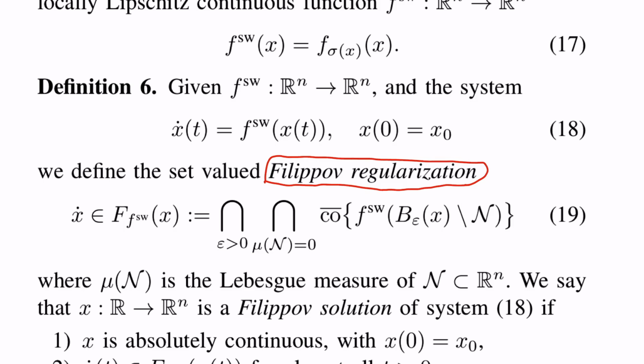Okay, so Filippo regularization. Here's the situation. Now, instead of having a switch system, we are defining another system. I wouldn't want to say reducing, it's not necessarily making it simpler, but we are defining another system derived from the original switch system, and this is the process by which